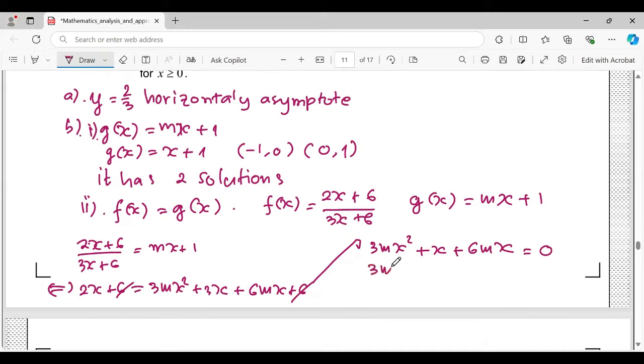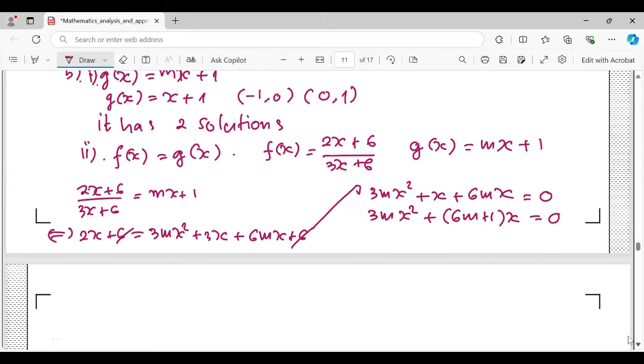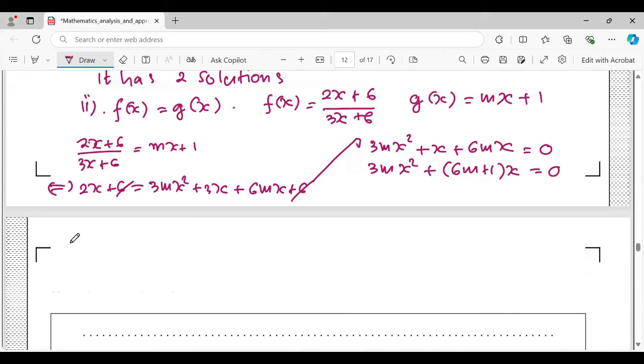So it becomes 3mx squared plus (6m plus 1)x equals 0. This is the quadratic equation. The quadratic equation has one solution